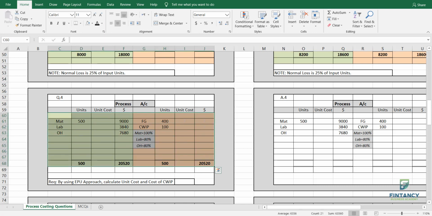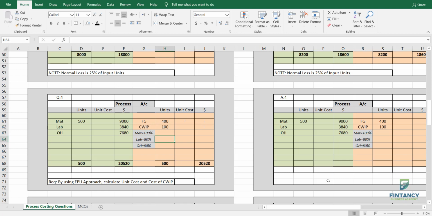So there is good news for you, and the good news is that if they ask you about closing work in progress or opening work in progress, they will not ask you about normal loss, abnormal loss and abnormal gain. Although there can be, that is part of advanced process costing, which is not in your course. Getting it, everyone? So if closing work in progress will come.